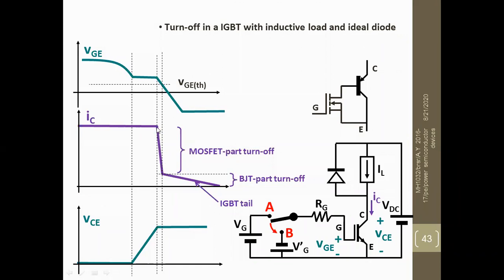Here it is shown that the collector current IC value for a MOSFET comes towards the MOSFET part. This is the MOSFET part up to this point, and the BJT part is here. The BJT part has been shown. This is nothing but the BJT part up to this point.